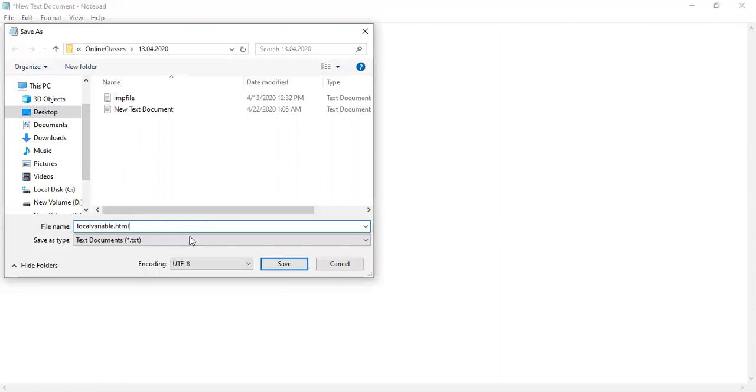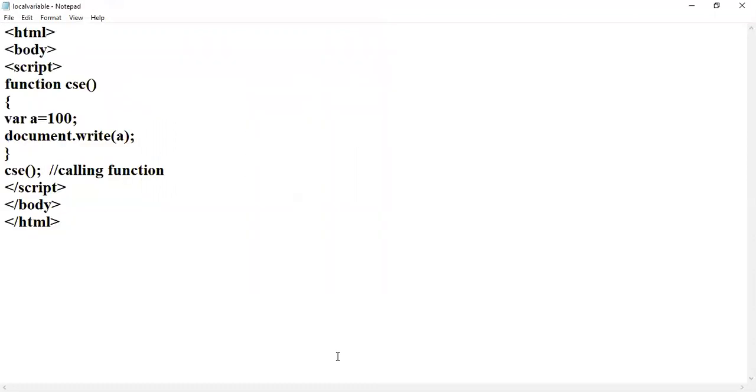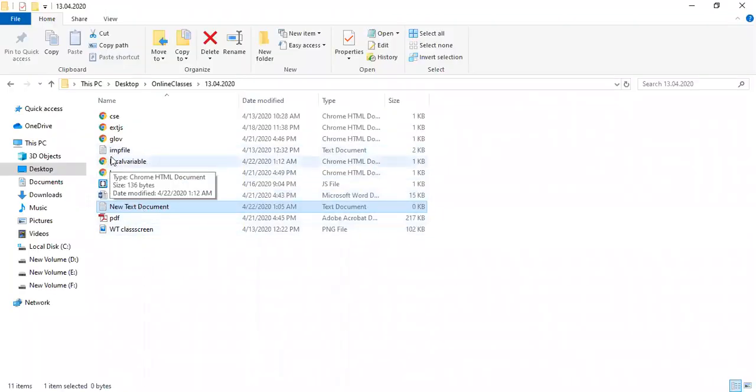Here I will save the type as all files. Then I will go to the location where I have saved this program. Then see here, local variable. I'm opening this program. It will open in a web browser. Can you see the output here? I have got the output as 100.